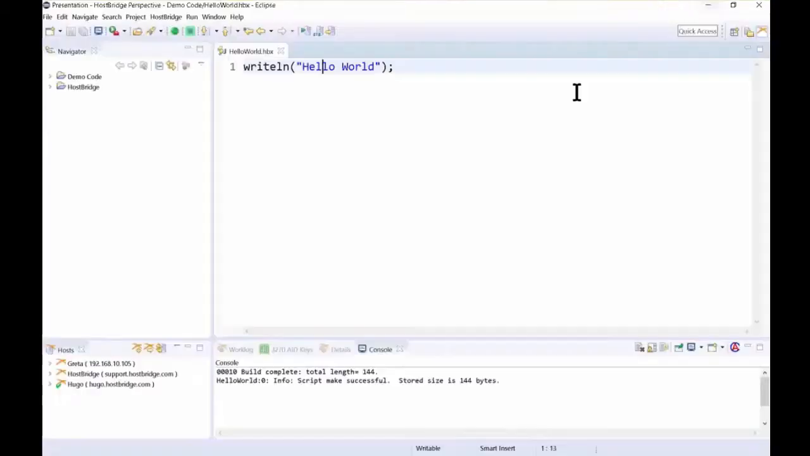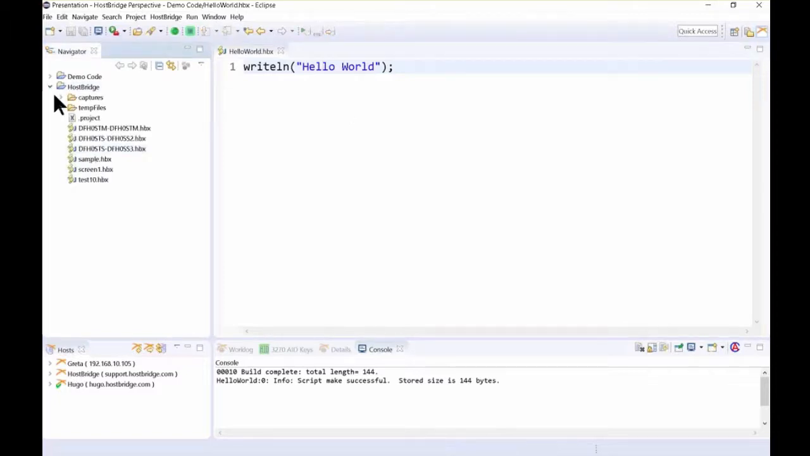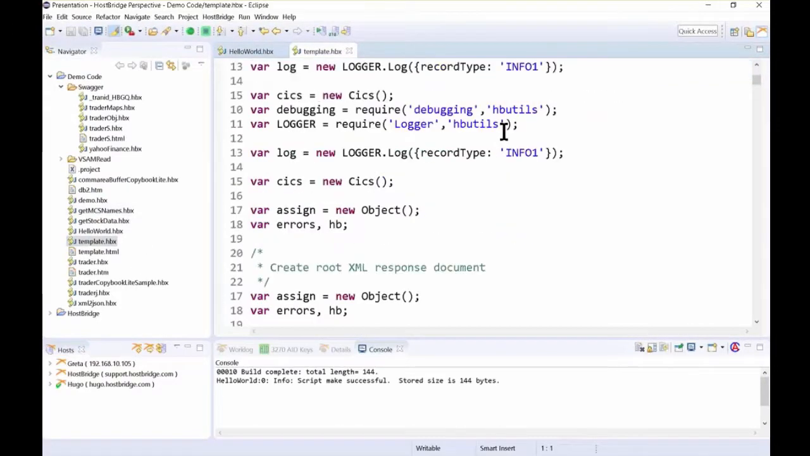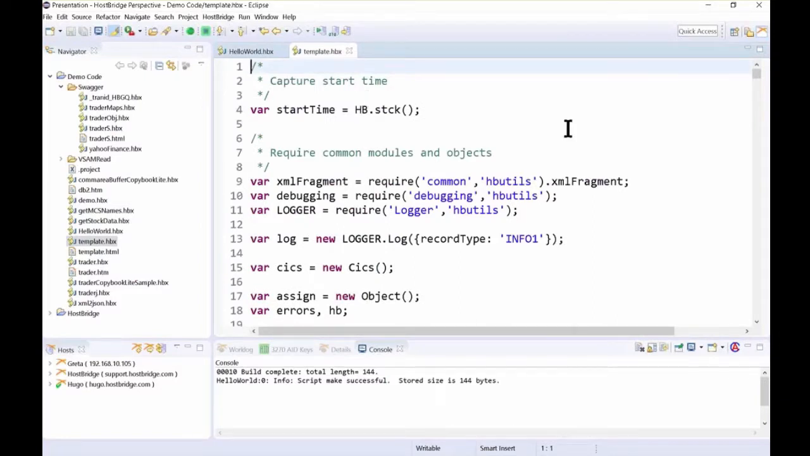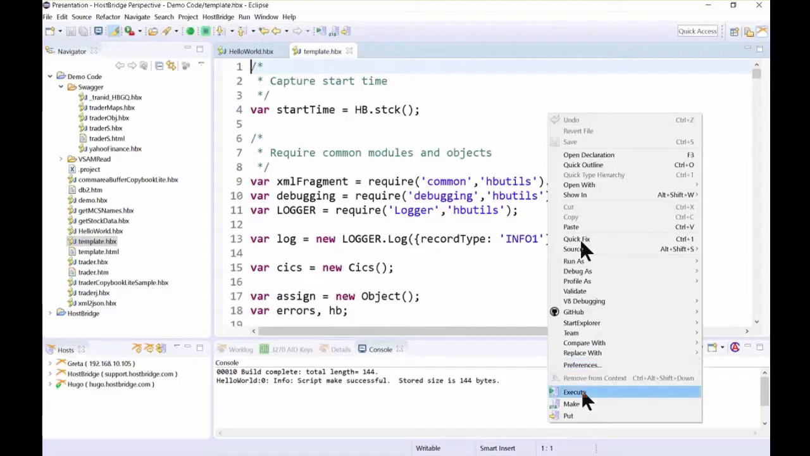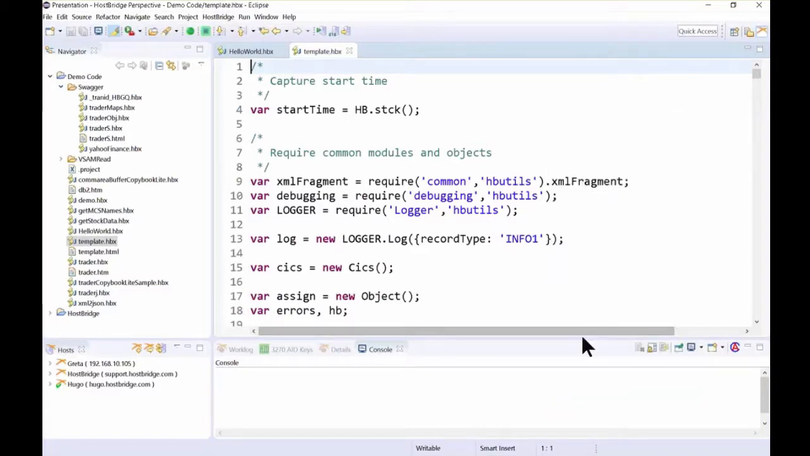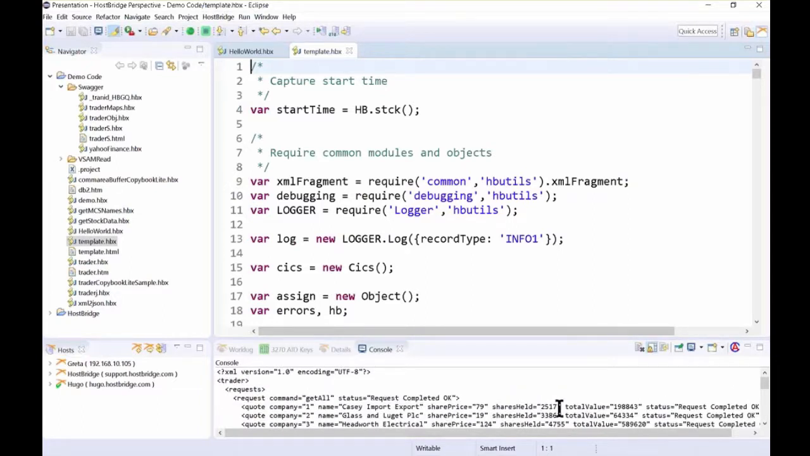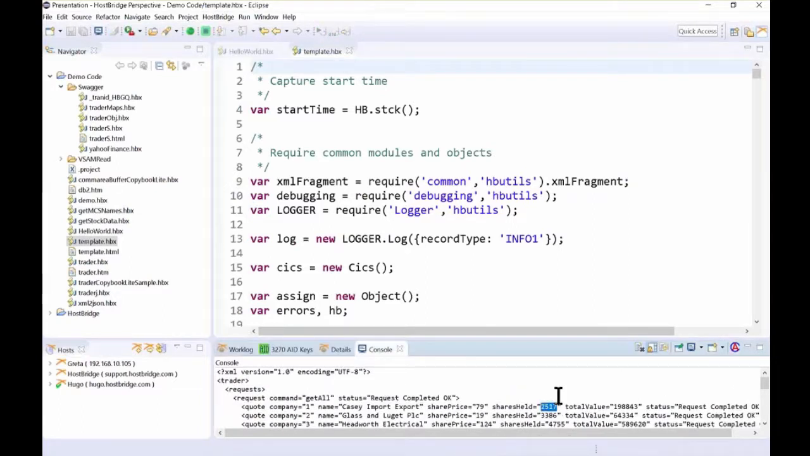That's how easy it is. Now, obviously, in this hello world, I'm not using any CICS applications or calling any transactions, so let's go over here and find one where we are. Let's do this one. In this script, it's actually the script that I'm using to walk through Trader. I can execute this script here, and I'll get back the same results that we were seeing in the web page